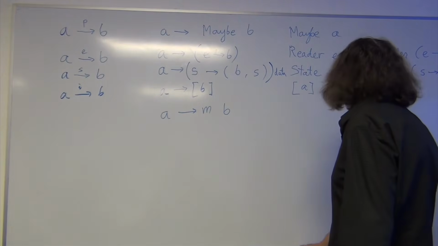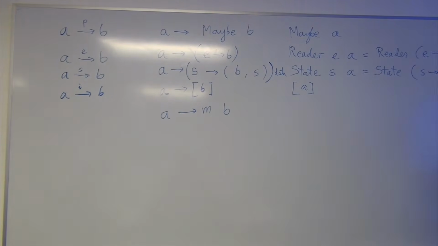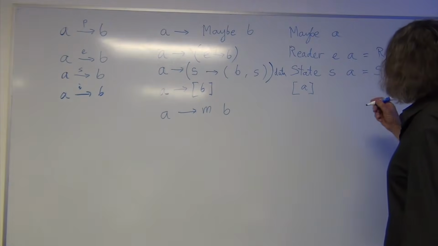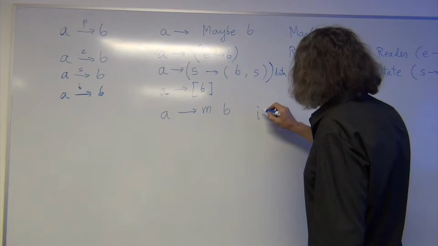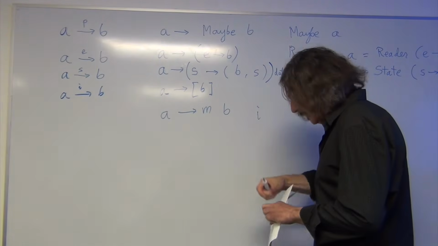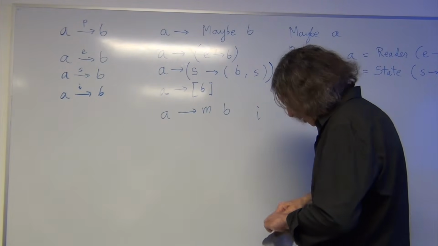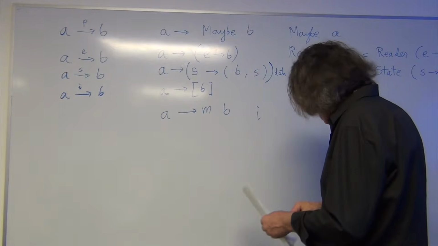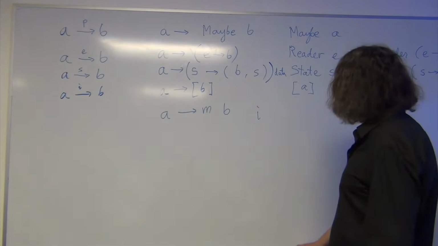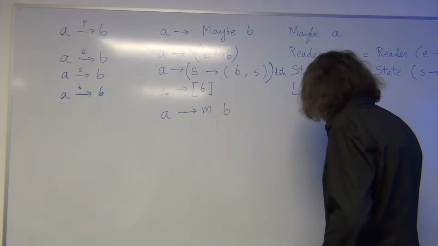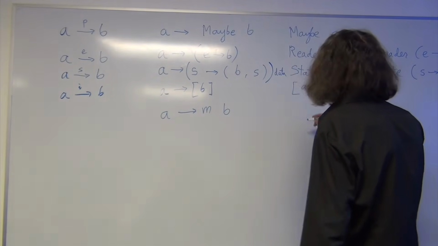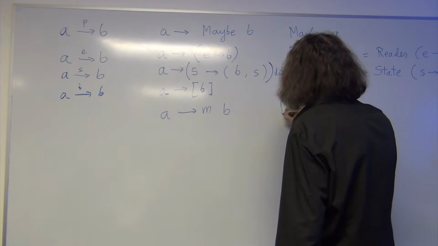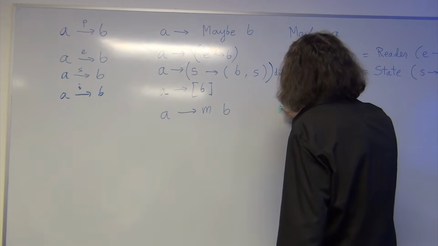Okay, and I wanted to show that state is actually a functor. So how do we do it? We have to write instance. I'll use a different color because this is sort of a side remark here about functors. I just want to make sure that all these things are functors. We'll see later why.